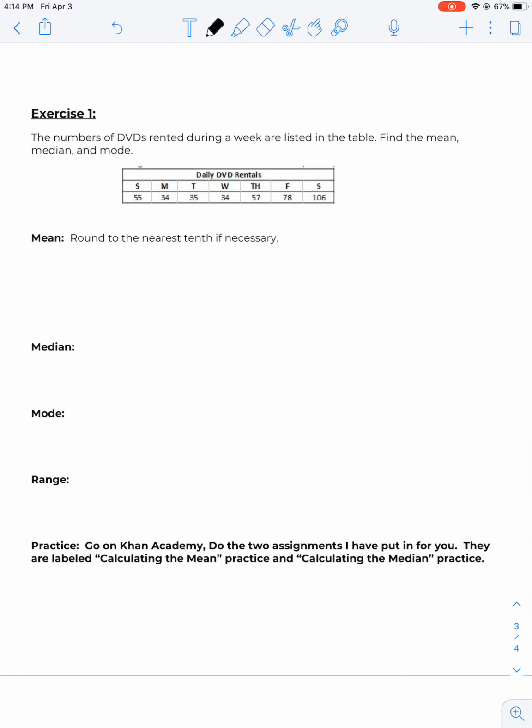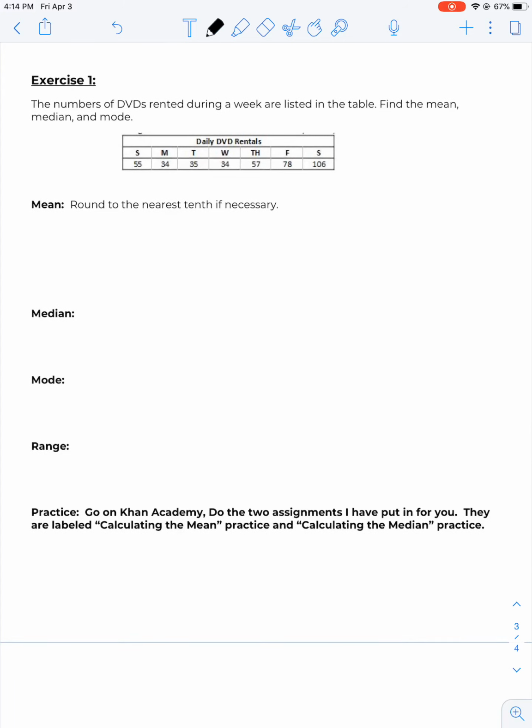Now my next exercise is the number of DVDs rented during a week are listed in the table. Find the mean, median, and mode. Round our answer if we need to. Okay, so for this one, when we put this in order, okay, we have 34. Well, I'm going to be adding here, but I'm going to have 34, 34, 35, 55, 57, 78, and 106. So when I add those,